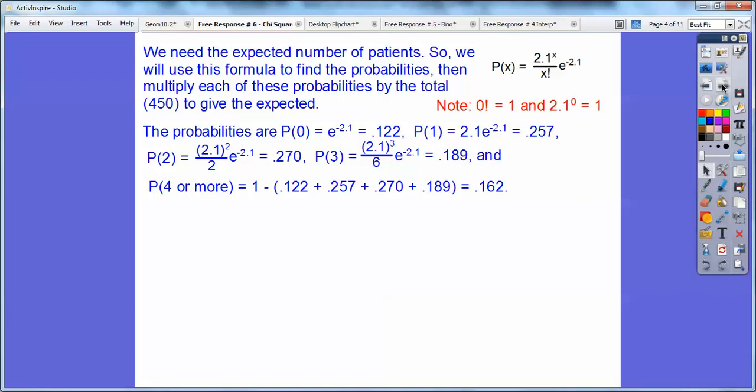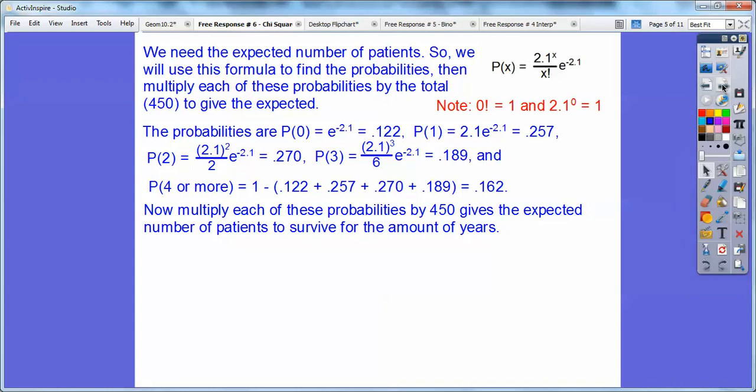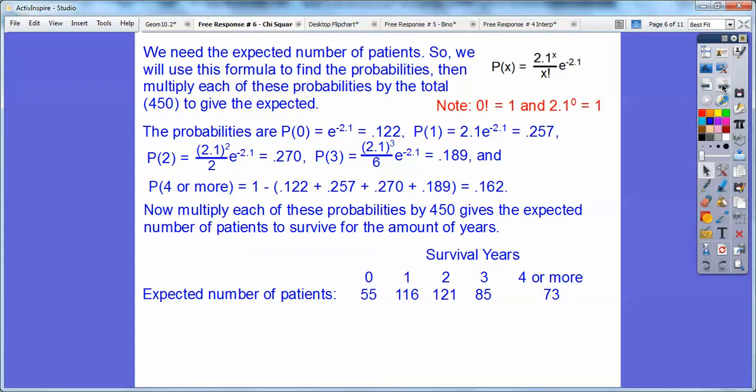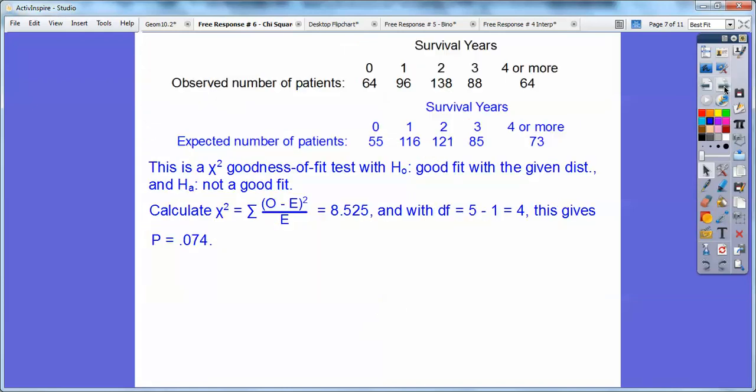Now I'm going to multiply those probabilities times 450, the total. This will get me each expected number of patients' survival for the amount of years. So if I multiply 0.122 times 450, I get 55. If I multiply 0.257 times 450, I get 116. So these are my expected numbers. Here I have my observed numbers,